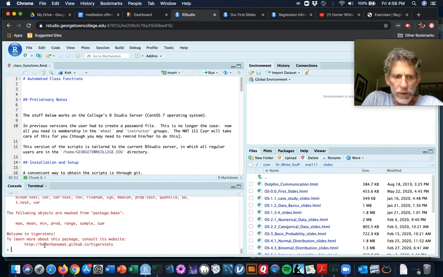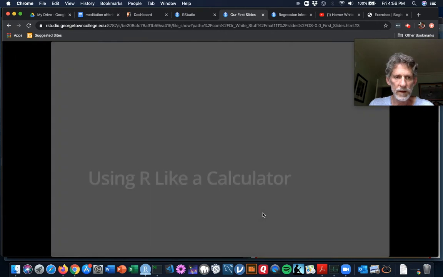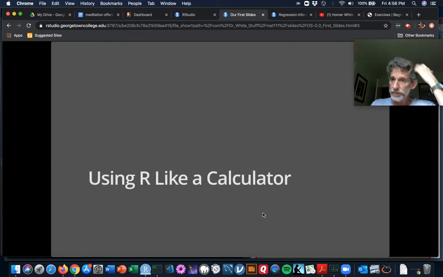And sometimes when you load a package, it gives you lots and lots of information that you don't have to worry about now, but it'll come out at you in the console. Now TigerStats is attached and it's ready to use. Okay, you want to head back to the tab on your browser that has your slides and continue on. So